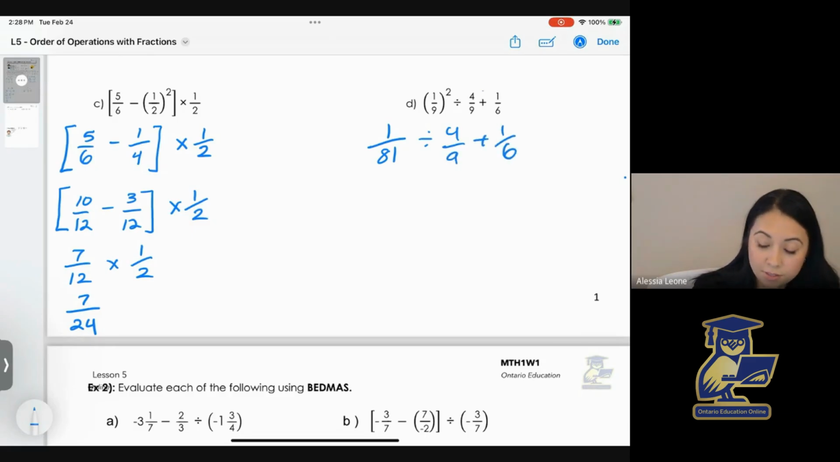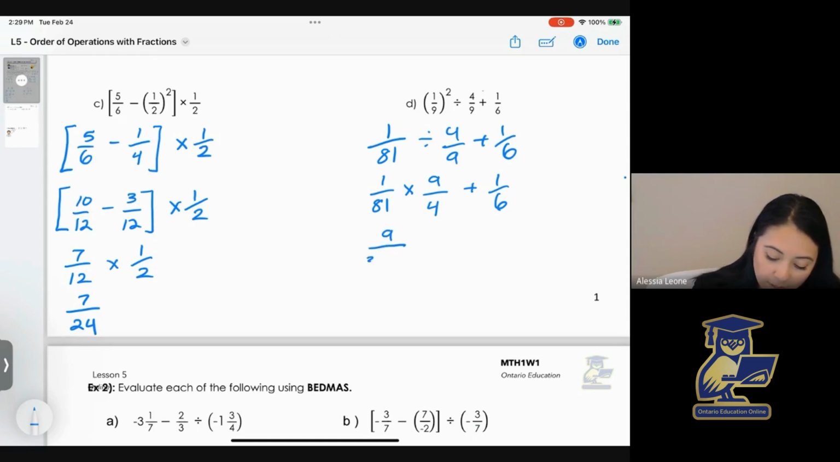So let's do our division. We keep our first fraction. We flip our second fraction, and we multiply. And we keep our addition. So that becomes 1 times 9 is 9 over 324 plus 1 over 6. Now that's a big fraction. We can simplify that. Let's rewrite it in our simplified way, which would be 1 over 36 plus 1 over